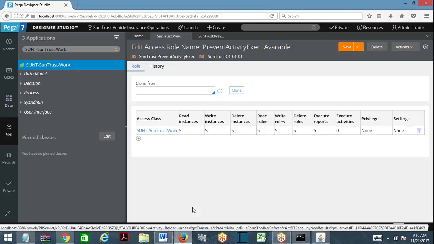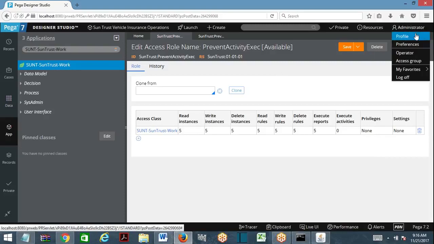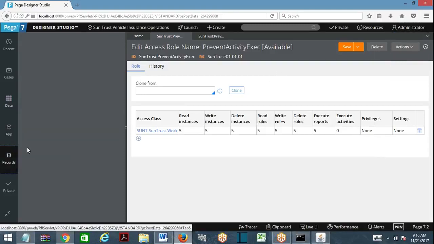Now I have the role name and role to object. Where can I add this? Access group I have to add. I have to find an operator, and for that operator I have to add all this in the access group. Okay, I'll go ahead and choose. Let me choose another operator. Let me open another operator.